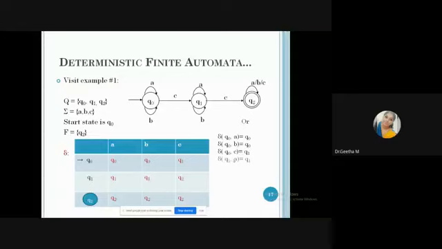Q1, comma A is Q1. Q1, comma B is Q1. Q1, comma C is Q2. So these are all the functions, del of Q0, comma A is Q0, del of Q0, comma B is Q0, and while writing the descriptions, it is a function: del of Q1, comma C is Q2. Then come to Q2. For all the cases, del of Q2, comma A, Q2, comma B, Q2, comma C, all are Q2 only.